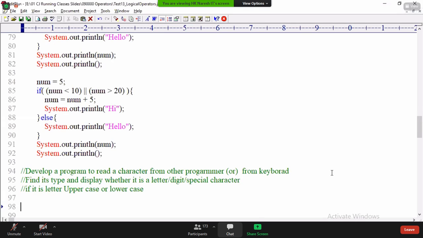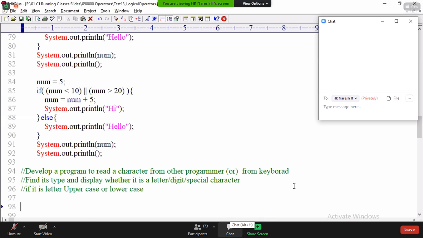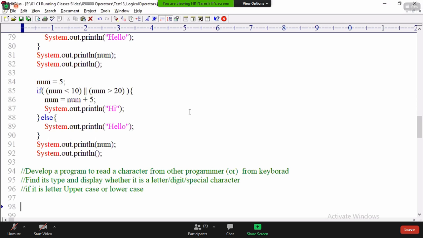I'm giving you 2 minutes time. Develop. Let's see how many people can write code correctly. Here fully double ampersand and double pipe, less than, greater than, lot of things will be used. Check. Try yourself.